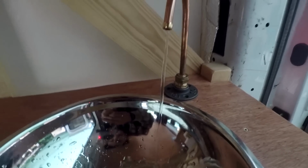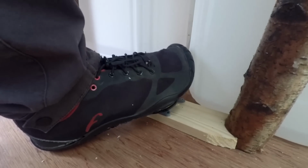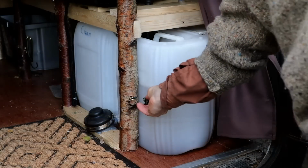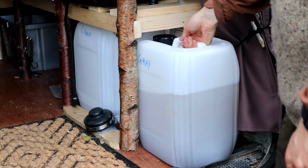and rigged up a really simple foot pump system using 2 15-litre jerry cans, one for clean water, the other for sink runoff. I figured the foot pump option was a bit more simple and saves more water compared to the common 12-volt electric pumps you get. I designed it so the jerry cans can easily be removed for responsible disposal of the wastewater, and the clean